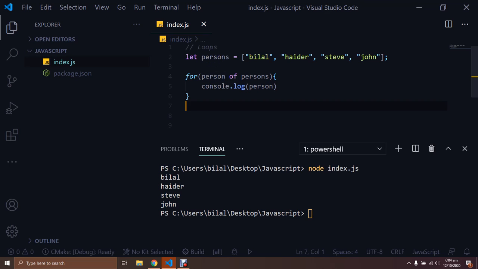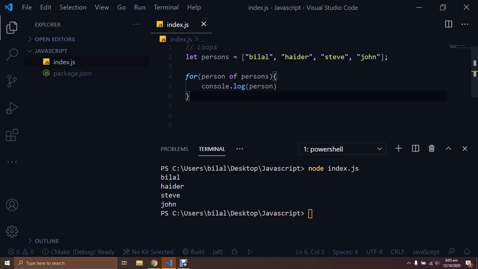So what you do basically, you start with the keyword for, then you put parentheses, then the body,